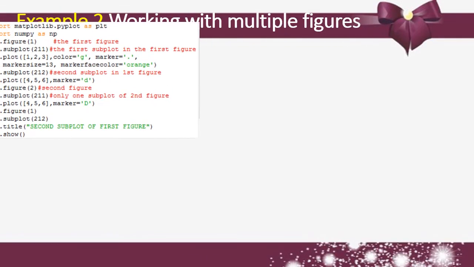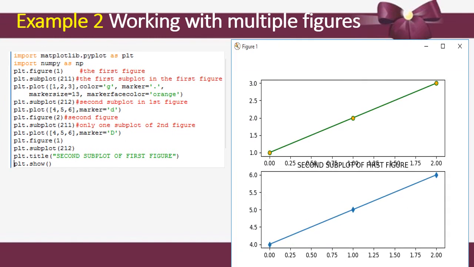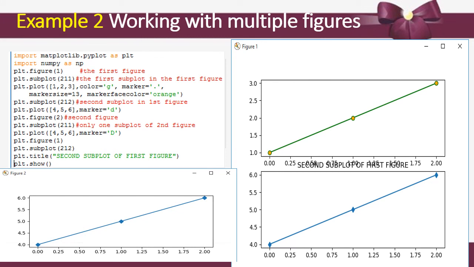And next, in another example we can create multiple figures, not only one. In this one script we can make two figures. See here, this is figure 1 and this is figure 2, in a separate window. In figure 1 two subplots are drawn, and in figure 2 only one subplot.